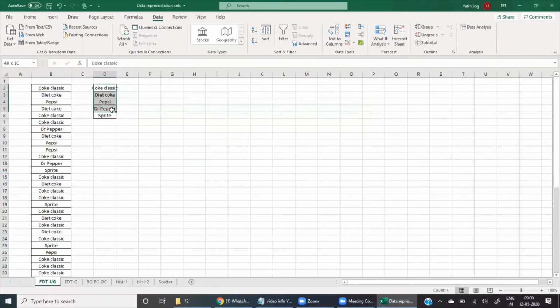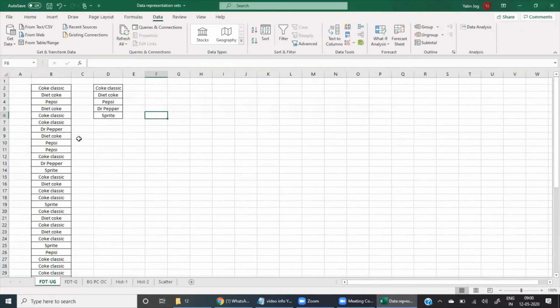So this becomes your set of unique values. You don't have to find the unique values manually, where you might miss out something. That will not happen if you follow this process. In data, you can go for remove duplicates. Based on what version of Office you are using, the location or the icon may be different, but this option will be there, and you'll get all the distinct values from your set of data.